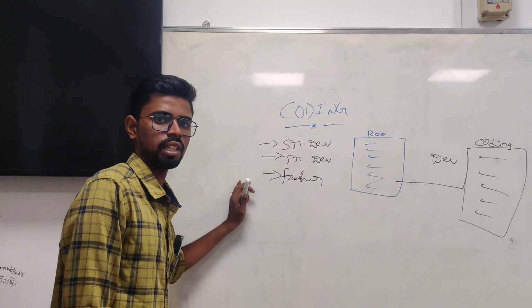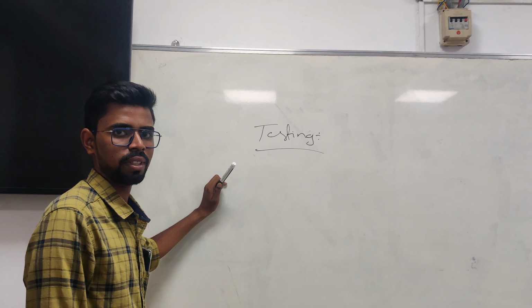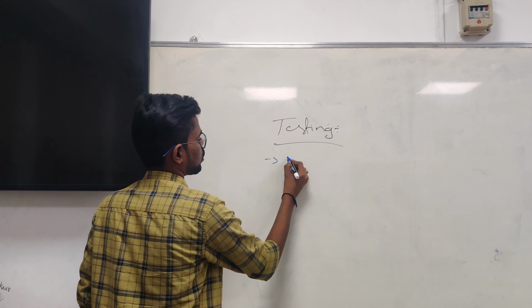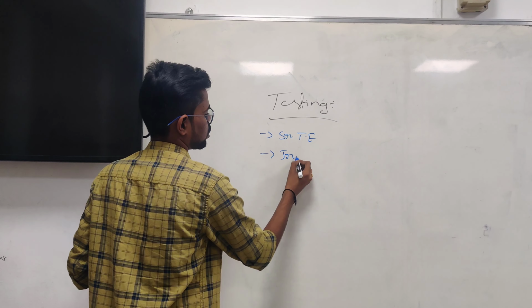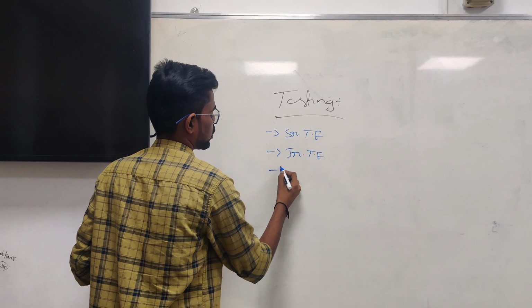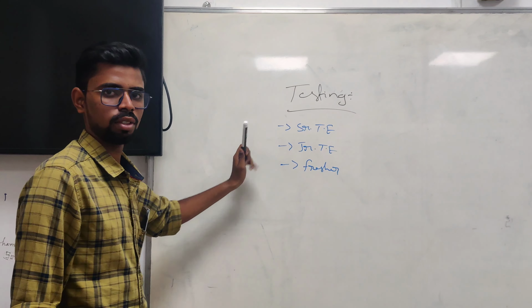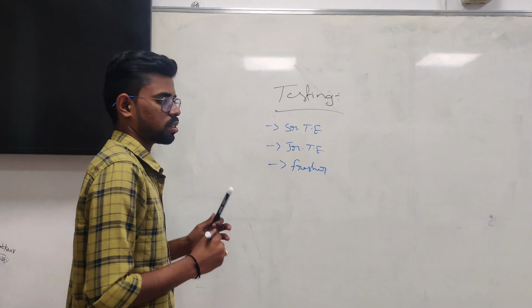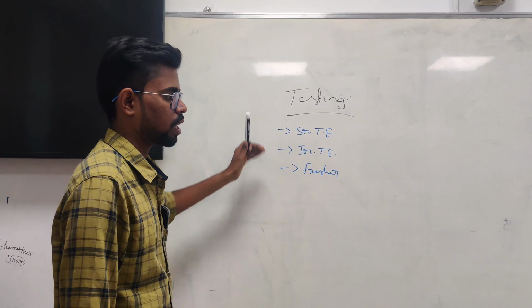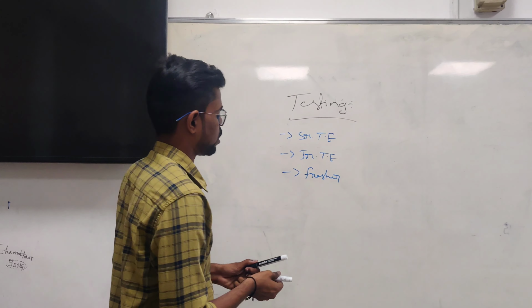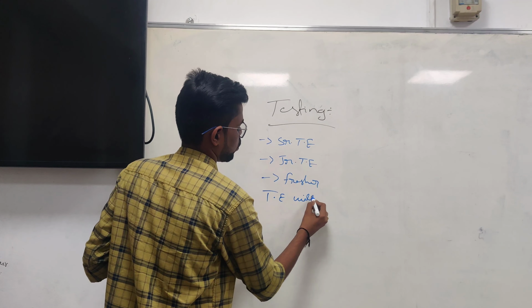Once coding is completed, the application is transferred to the test engineers. Testing is also a team consisting of a senior test engineer, junior test engineer, and fresher. These persons work in the testing phase. Once code writing is completed, the software is given to the testing team, and the test engineers will test the software